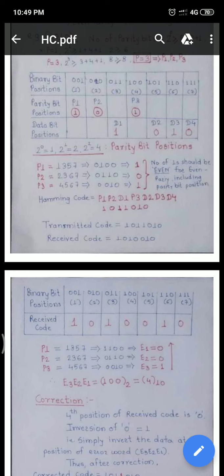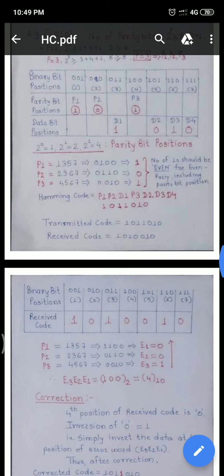Then 101 has 1 at MSB, then 110 also has 1 at MSB, and 111 also has 1 at MSB. So the positions become 4, 5, 6, 7, and the data becomes 0010. Again 0010 is a group of binary data in which the number of ones is odd. So we have to add 1 as a parity bit.